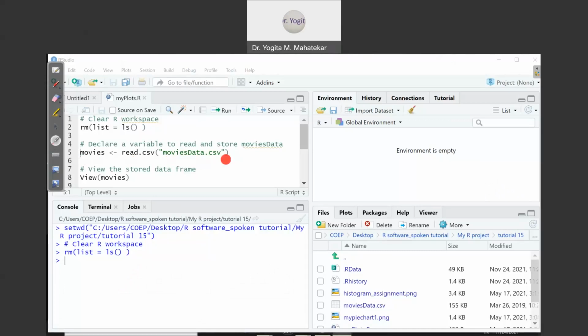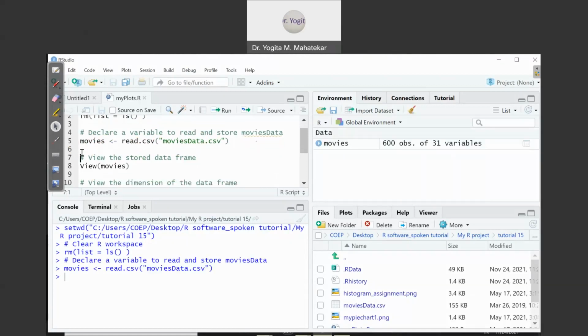So this command is to declare a variable name to the given by default data frame that is there inside RStudio. So this is movies data.csv which is there, and we are giving the variable name movies. You can give any other name also. So let me just go to that command, press Ctrl Enter. Now we have read the file movies data with a variable name movies.